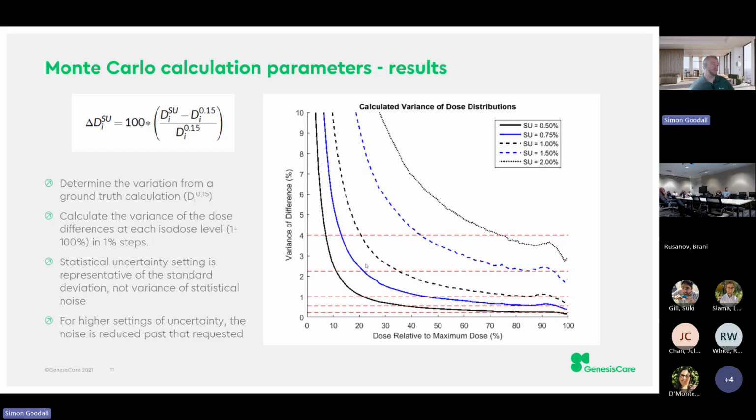But as we come lower down to these low isodose calculation areas, we start to see increased variance, which comes back to the way this is implemented: the histories obviously predominantly go through the PTVs and targets, and the lower doses and the OARs outside of the field have less history simulated through them, which gives us a greater uncertainty in the calculation. So this is generally quite good for radiotherapy, but it does mean that we need to consider this in cases like spine or SBRT, where we might have a high calculation precision inside the targets, but OAR doses that can be in this 30 to 40%, like the cord, do have almost double the uncertainty in them.